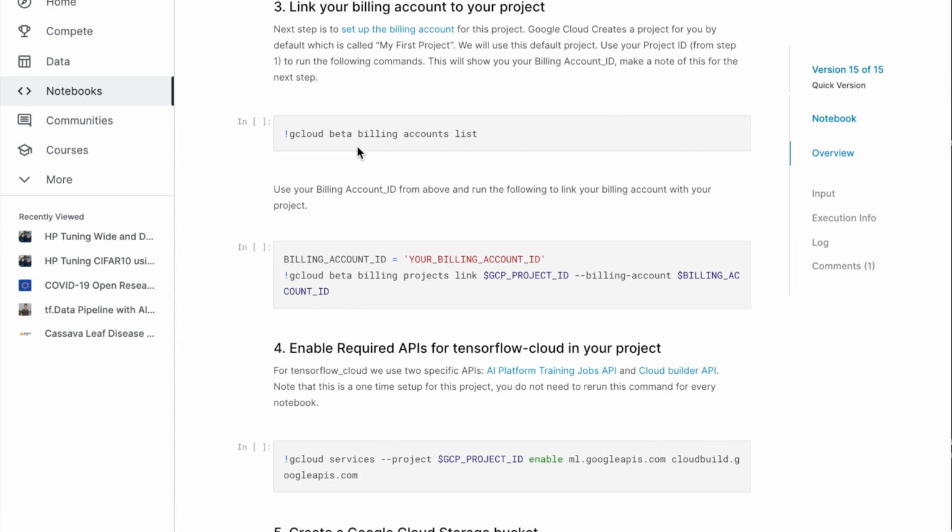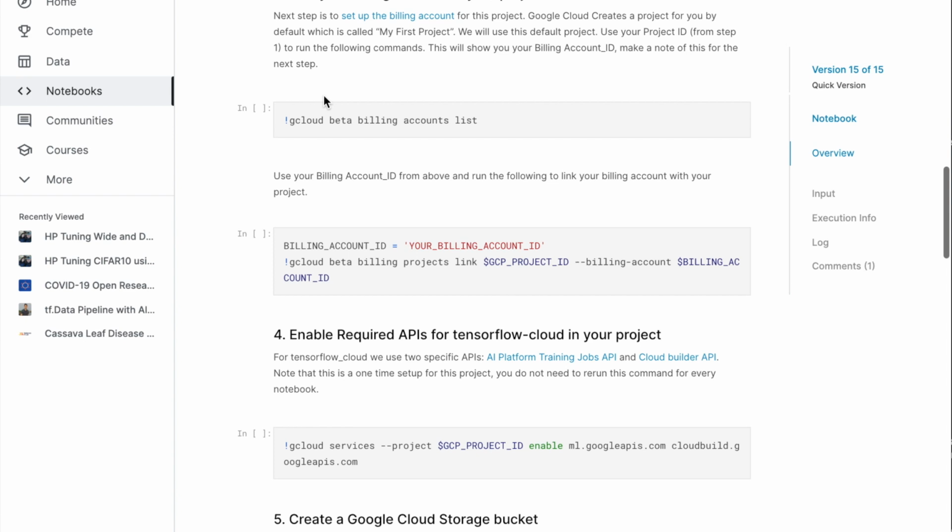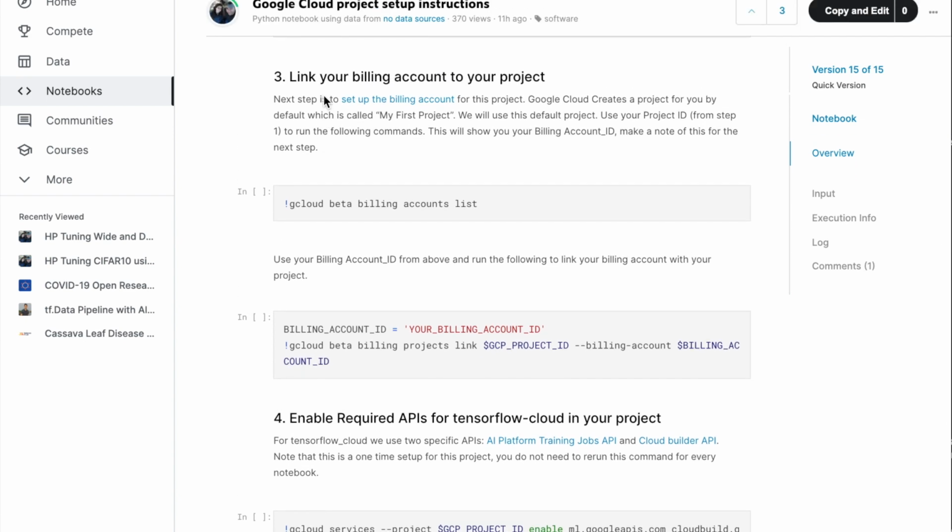So then step 3. If we are going to really use some serious computing power, we're going to need to have a billing account and put a credit card on file, and this can be a bit intimidating, but I think generally it charges you by the hour, and in my personal experience it's been getting easier and easier to call customer service or use a chatbot and avoid spending too much money